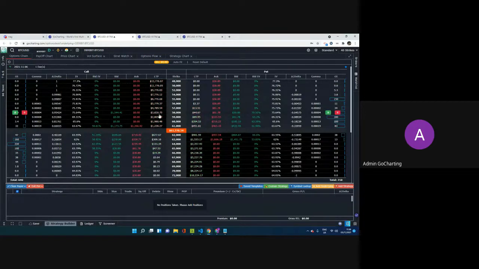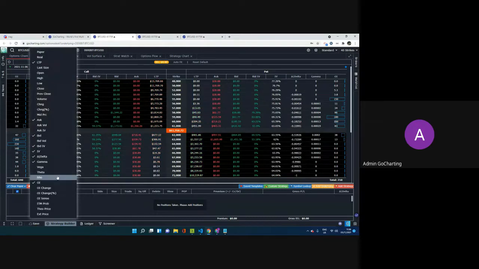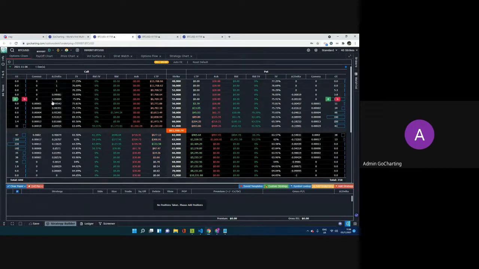This is a real-time calculation going on the option chain. You have the call on the left and you have the put on the right side. You have a bunch of columns corresponding to the call options and a bunch of columns corresponding to the put. You right click on any of the headers and you choose the fields that you want. Okay, so the fields include not only the price and volumes, but it also includes all the fields corresponding to